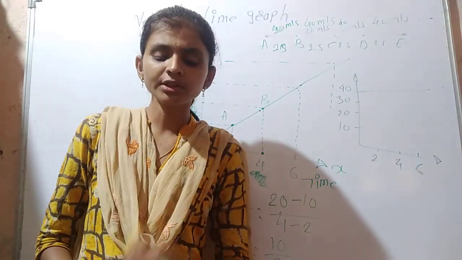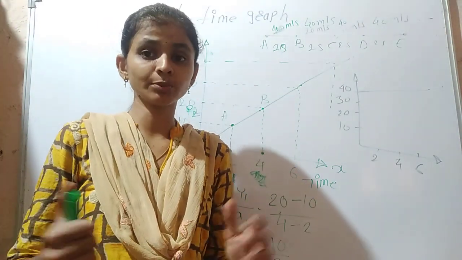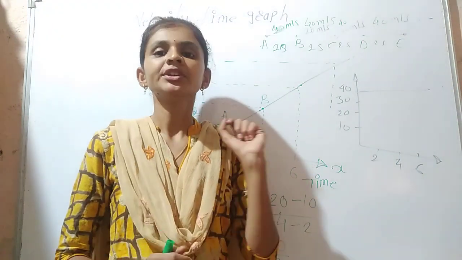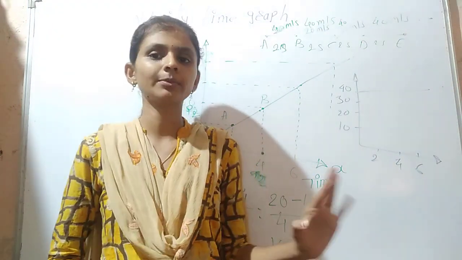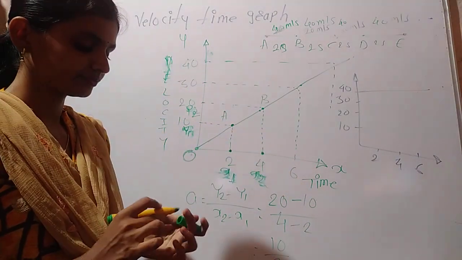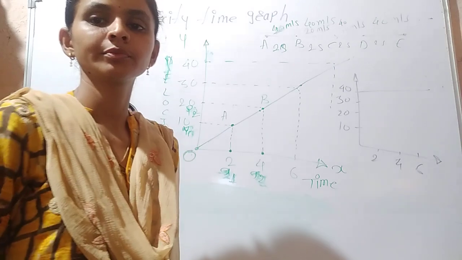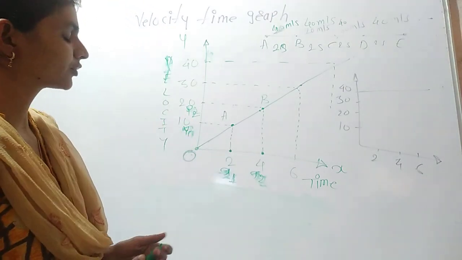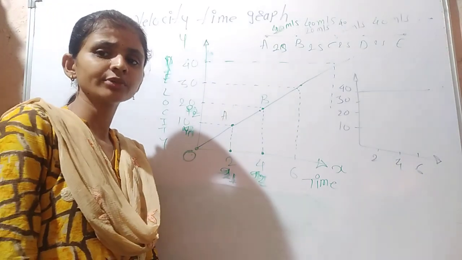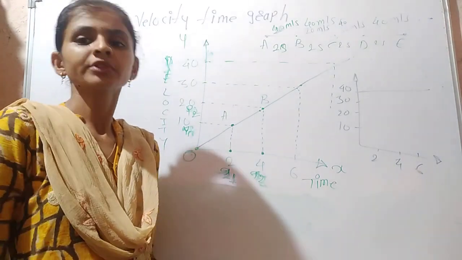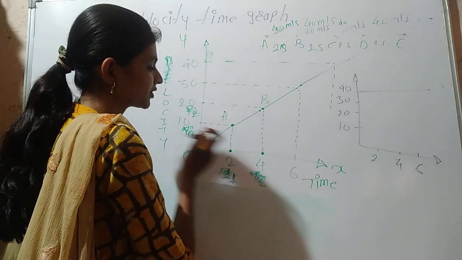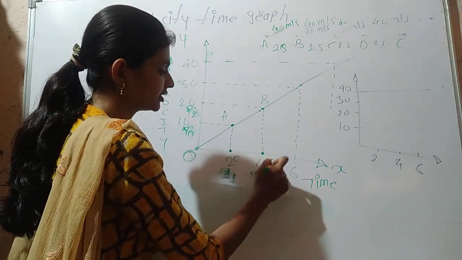Now the next part, that is the most important part. By using this graph also we can calculate the total distance travelled by the object. So again let us consider the diagram in front of you. By using that we already found the acceleration. Now it is time to find the distance. We already considered 2 points A and B, and now again points C and D.